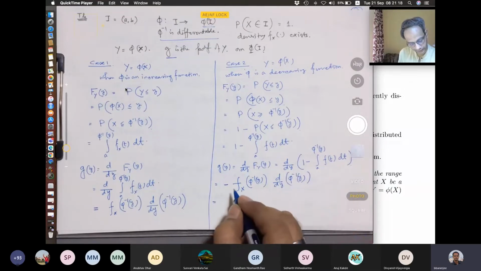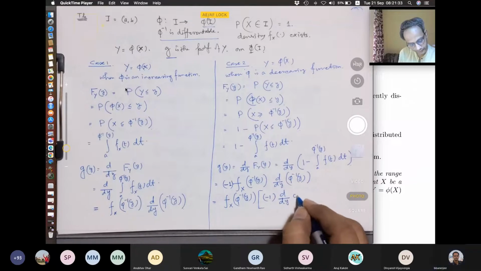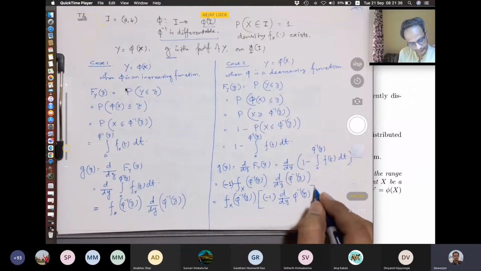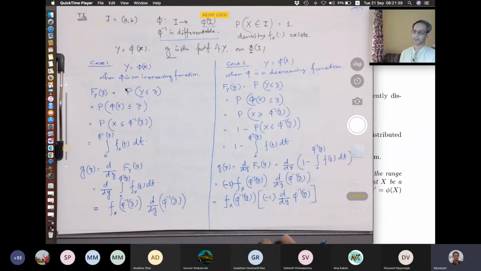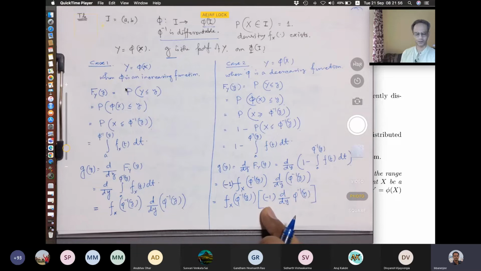Okay, now I want to write this thing like this, f of x at phi inverse of y with this part, minus 1 into d/dy of phi inverse of y. Now you see that phi is a decreasing function, phi inverse is also a decreasing function. So this derivative will be negative, only this part. This negative derivative with this negative sign. Can we write this thing as